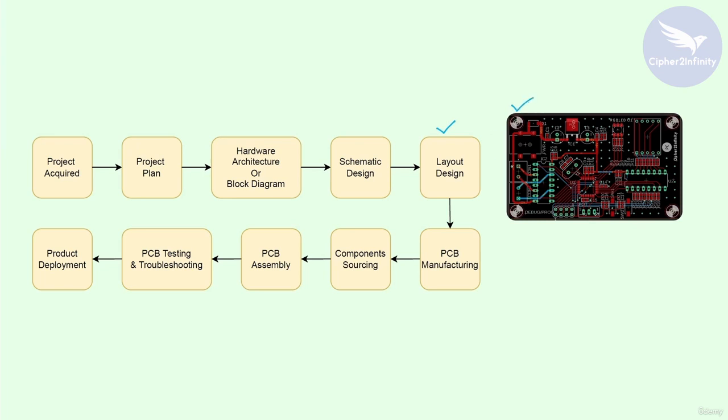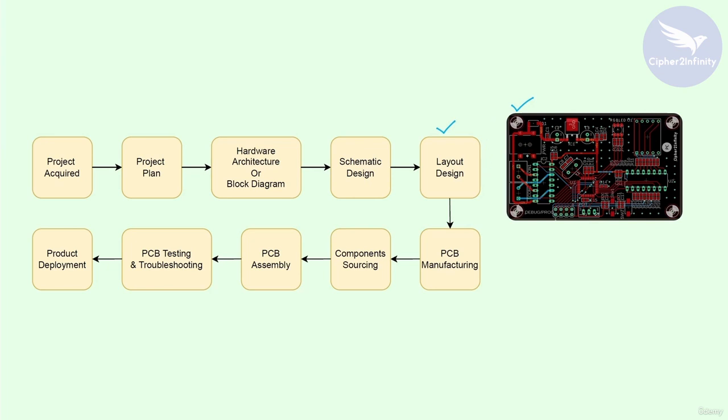Okay. So here again, you need inputs from the mechanical design engineer. He is going to tell you at what location, for example, the DC power jack will be, and at what location you need to provide the mounting holes, because these are the points which the mechanical design engineer is going to tell the layout design engineer. And based on that, he is going to